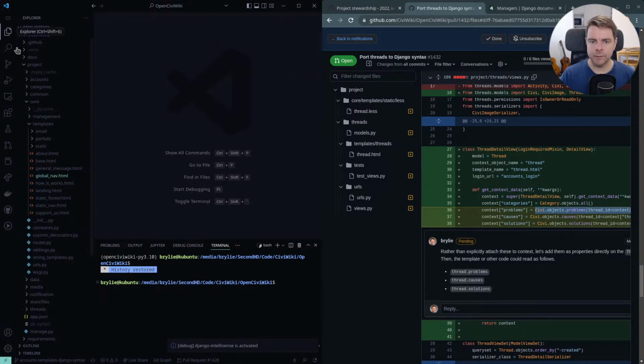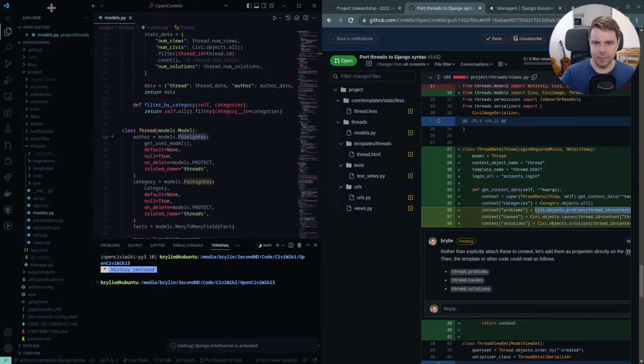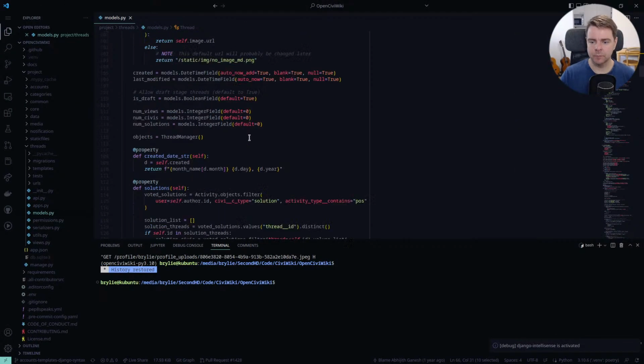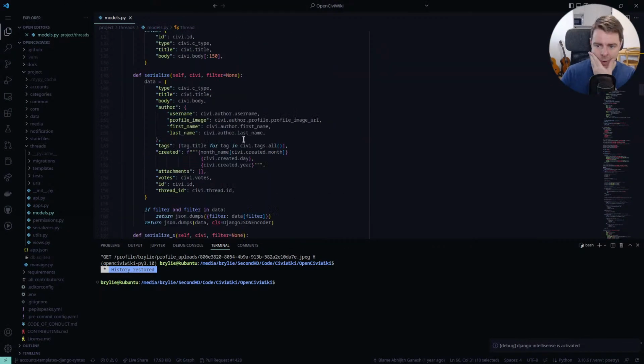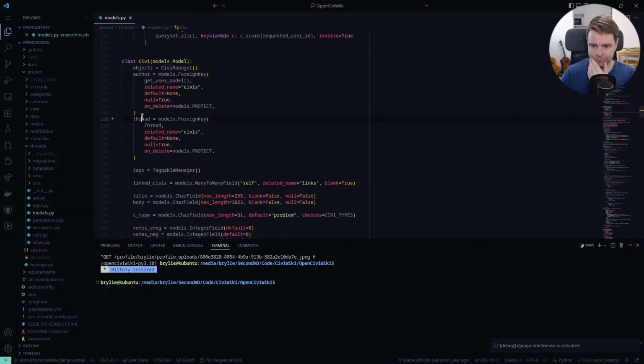This is a bit tricky. I don't want to just, I want to be thoughtful here. But okay, so we got threads, models. Here we are. Might mean a bigger refactoring. Cibi models. Got it. I got it. Yeah, that makes sense. Yeah, well, that's fine though.